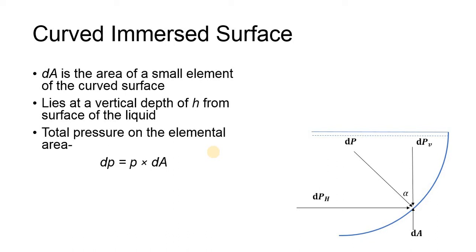The force dP is more often considered as the force here. Do not mistake it with the pressure here, and that's equal to gamma h into dA. P is nothing but gamma into h. So dP, which is more often called a force here, acts normal to the surface,